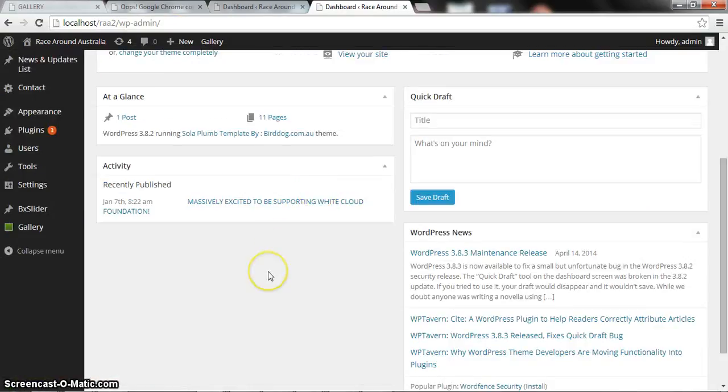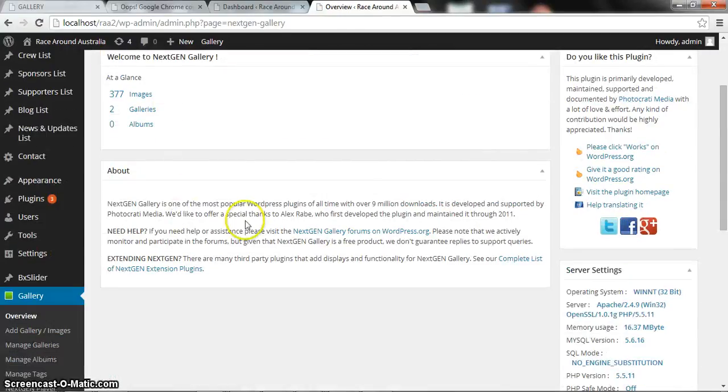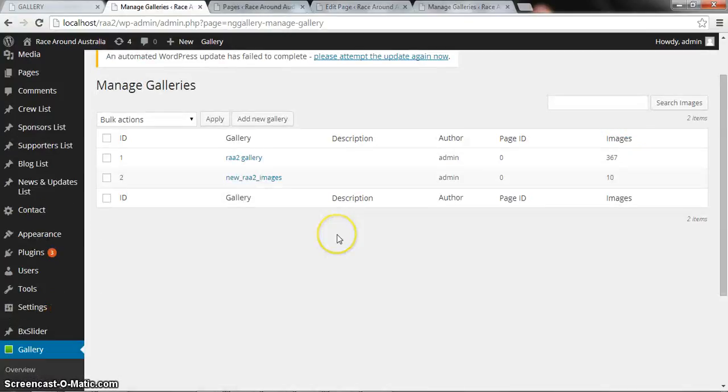First, in the dashboard area, go to the gallery. Once you're in the gallery page, click the galleries. You will see two different galleries.